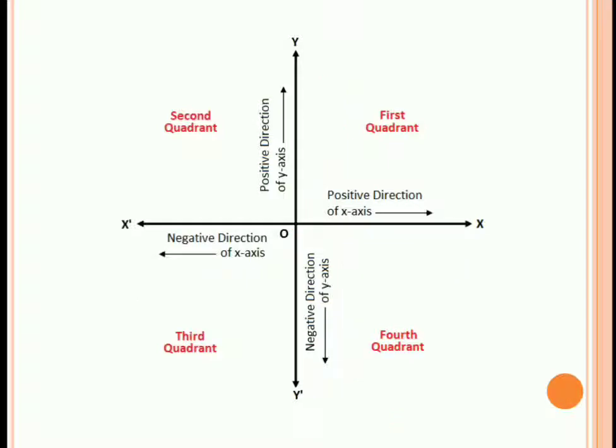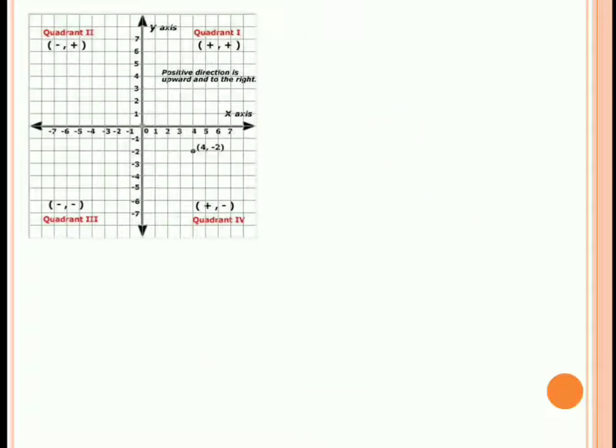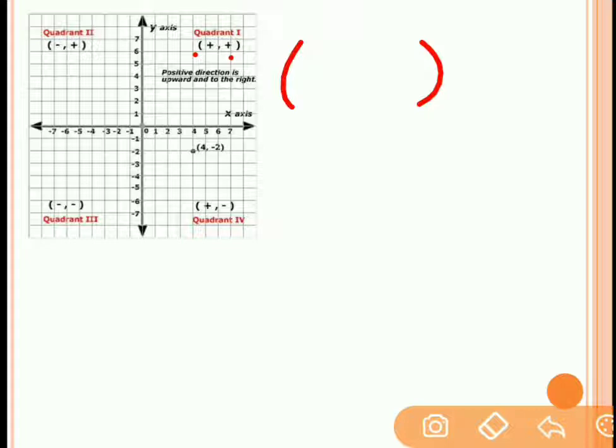Once you have understood the Cartesian plane, let's move further and understand how to locate points in the Cartesian plane. So the quick summary is, coordinates are the points on the x-axis and the y-axis. The first element in this round bracket determines the x value, and the second element determines the y value.